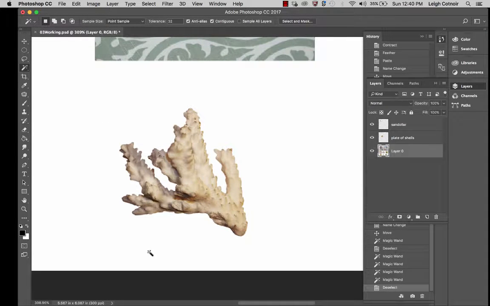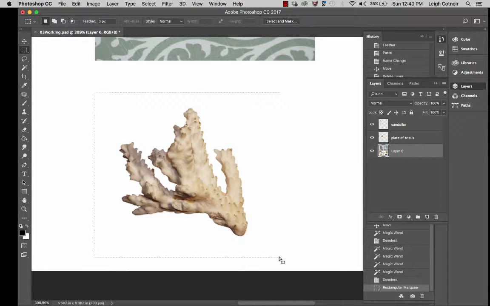The easiest way to isolate this then is to use a marquee tool. Let's choose the rectangular marquee, and first of all, let's just isolate this part. So that's the first thing we can do. Then we can make a decision with the magic wand. We can choose the white in the background, and if you hold that, it says subtract from selection. If we choose that, and subtract this white background, it's only going to choose what is left in this current square selection, which is going to be the